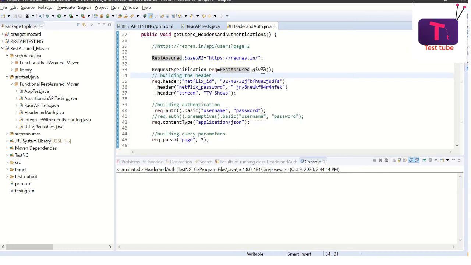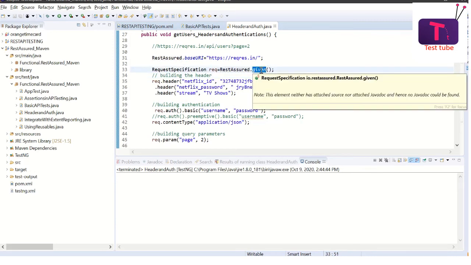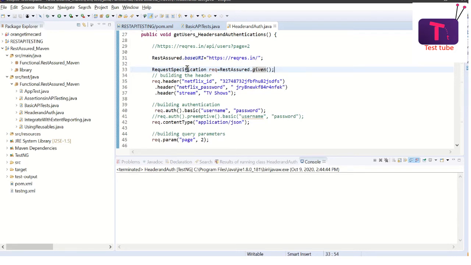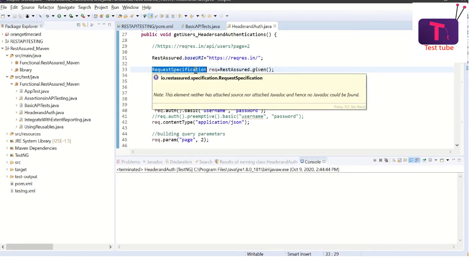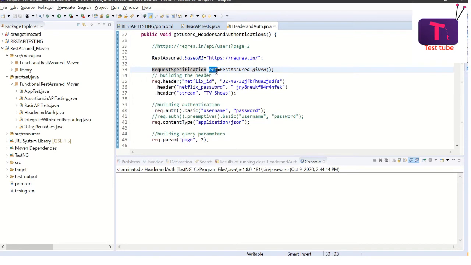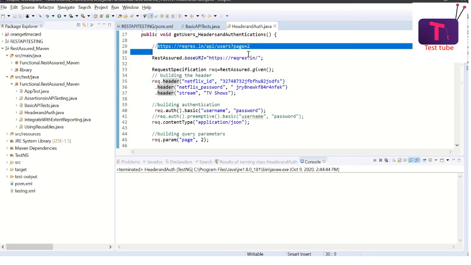Now I have used this method, which returns an object of type RequestSpecification. Like the name says, using this object you can set the request specifications for your API. I have used this object to set the header. There is a method called header where you can set the header for your request. Now I have considered this as a Netflix API.